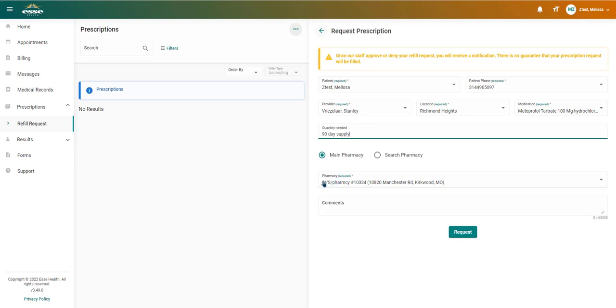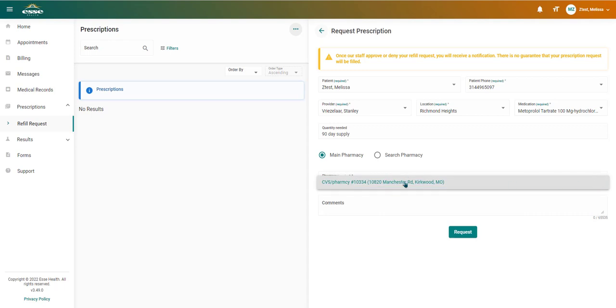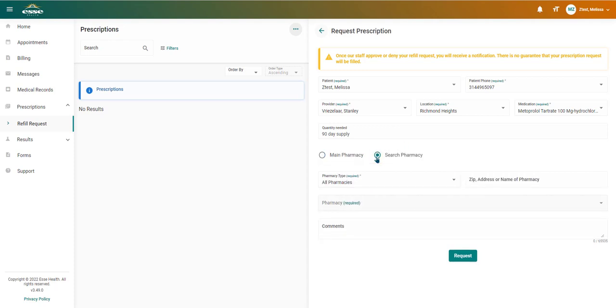This will default to your main pharmacy that we have in your health record. If you have more than one pharmacy listed, you can click on the drop down to choose between the two. If you realize the pharmacy that you want the script to go through is not visible, you can select Search Pharmacy. Now this is a national registry, so I find it easiest if you have a zip code or address